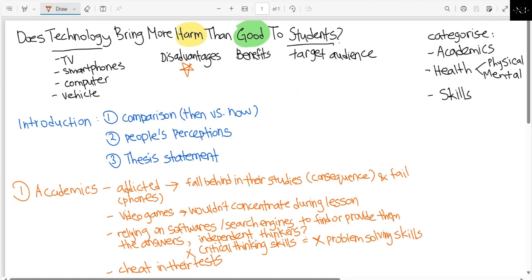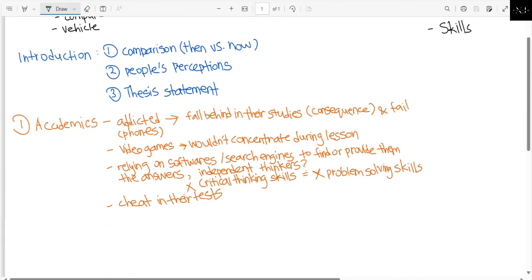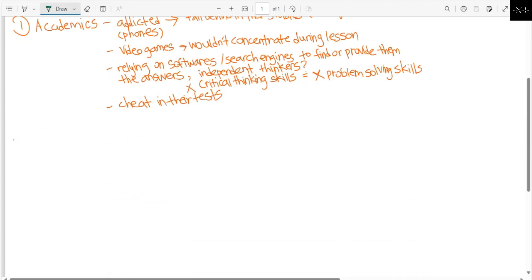Okay, so we are also saying that technology brings more harm to the students in terms of their physical health. How so? We need to explain all those things. So let us just use a dark green for that. Here we talk about physical health, which, to be honest, is quite easy to talk about. We can mention that if the students are addicted to their phones, and phones are technically a part of the technology, and even their video games,